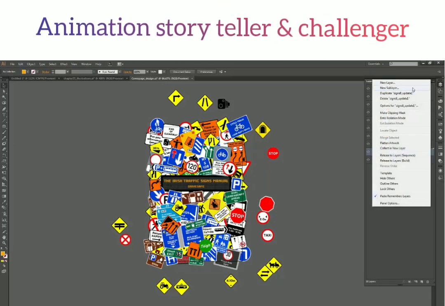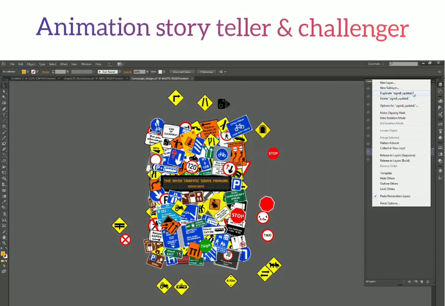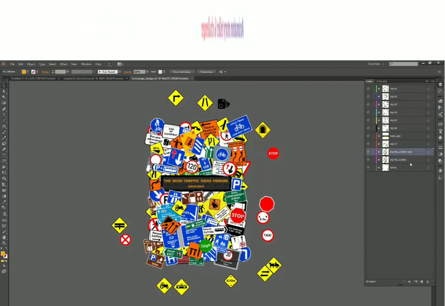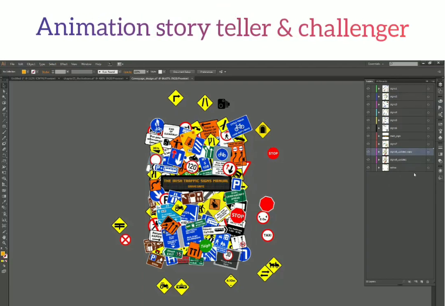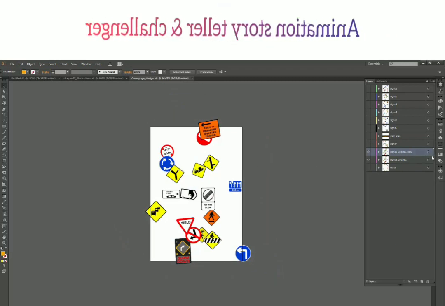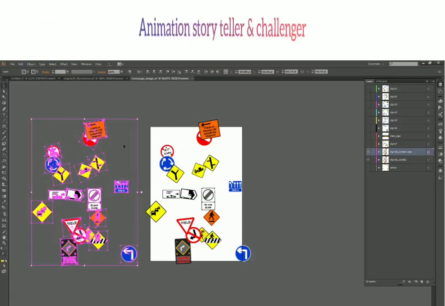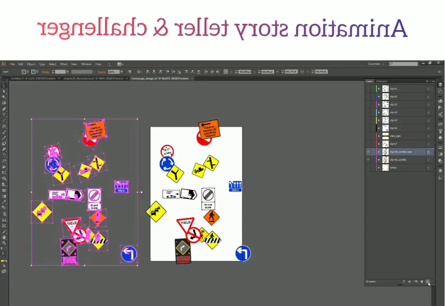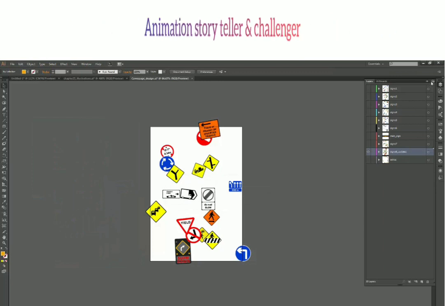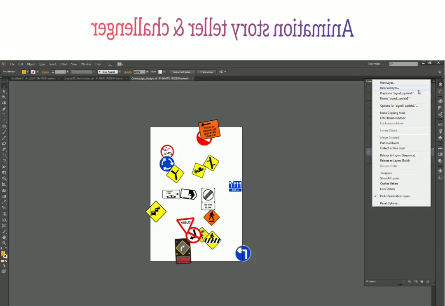Okay, and then I have this option which is called duplicate layer name. If I click on this, it will just create a duplicate of the previous layer with a rename, which says layer name space copy. So yeah, you have two layers now with the same content. If I select this and move it around, you can see that I have two layers with the same content. So right now I'm just going to delete this one, and let's see what other options we are missing.